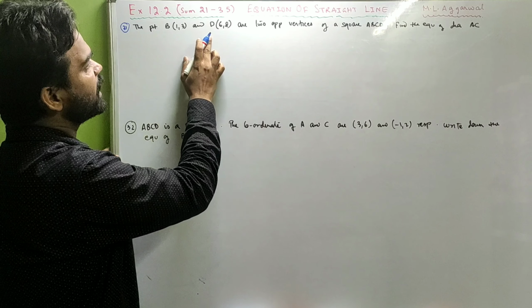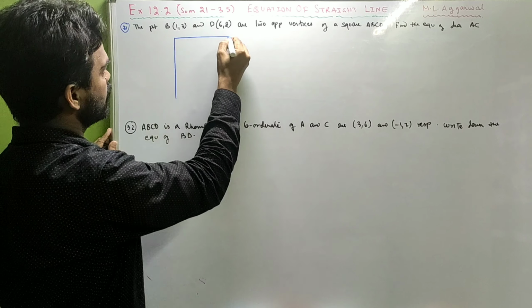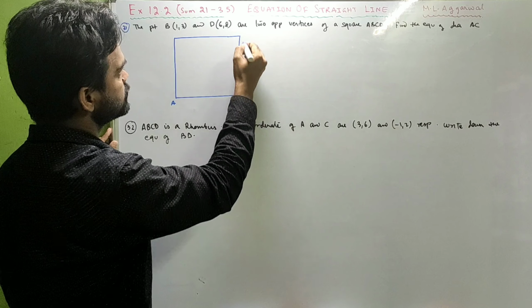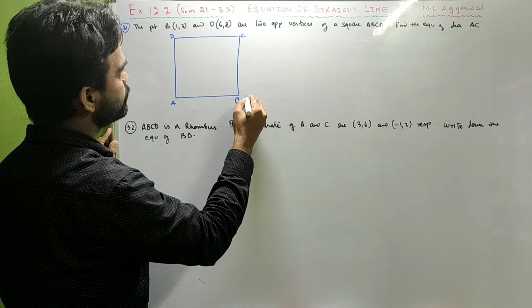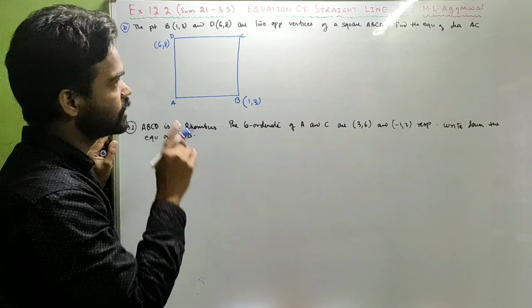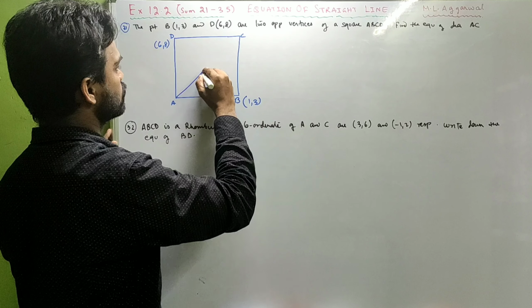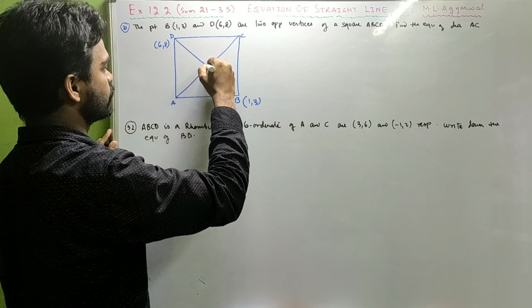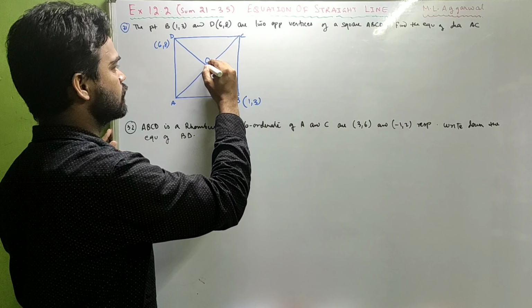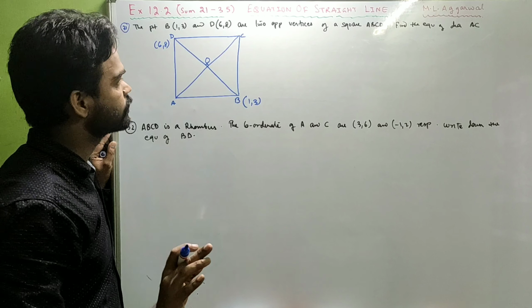The points B and D are the two opposite vertices of a square ABCD. So you have a square A, B, C, D. They're given B as (1, 3) and D as (6, 8). Find the equation of AC. They want the equation of the diagonal AC. Now look carefully. We know the diagonals are perpendicular to each other and they bisect each other also, which means